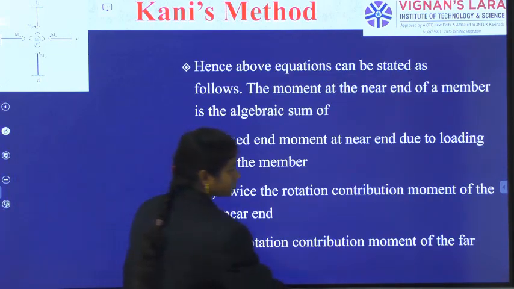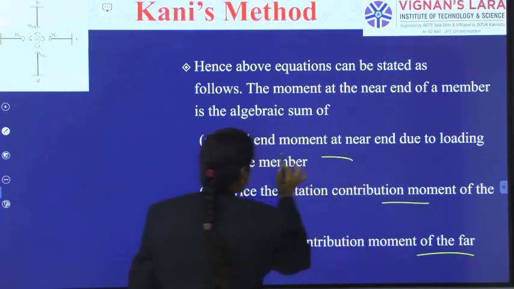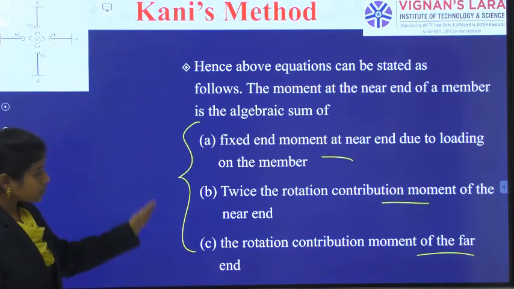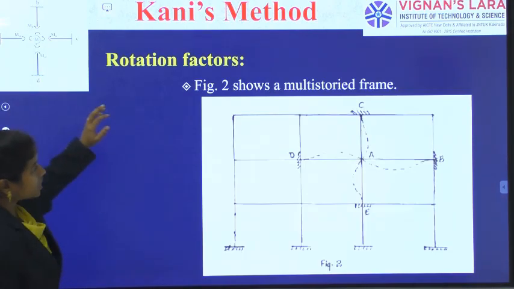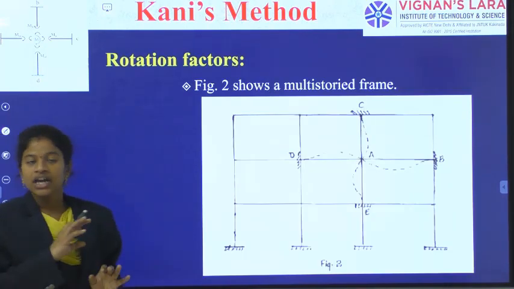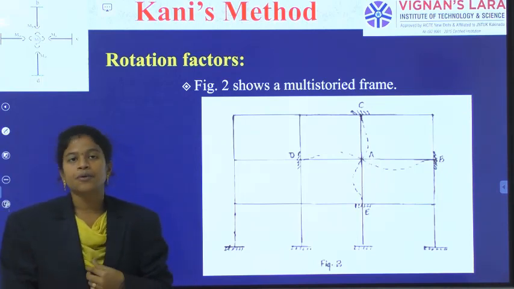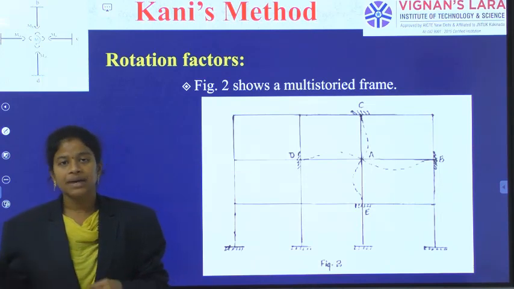So, this summation will be applicable for MBA also. This is the way we have stated it in words. That way we will calculate the support moments from the fixed end moments for the beam type structure.